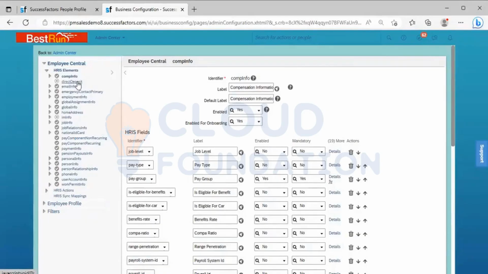These HR elements are nothing but the portlets, right? In the employee profile, here you can see company info, compensation, email info, home address, job info, all these are there. And then when you go into personal info,